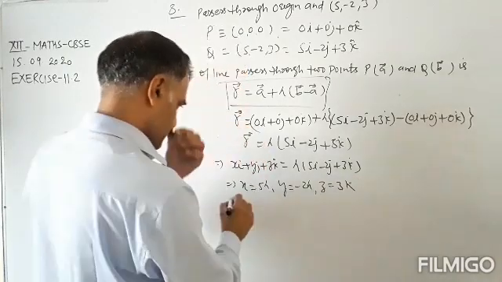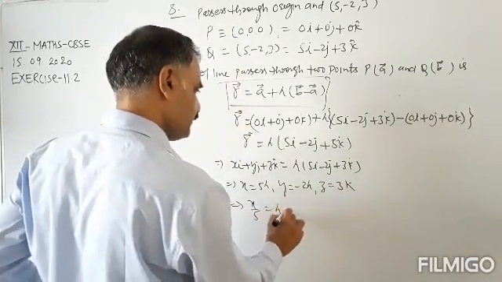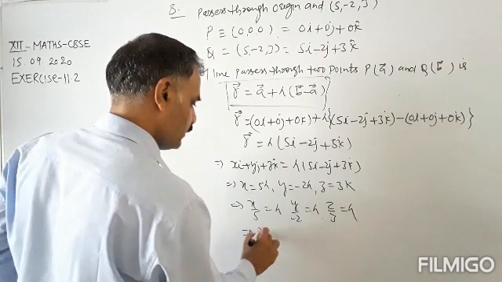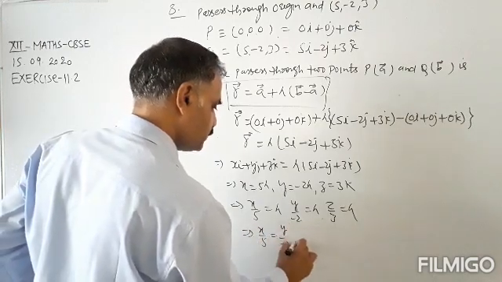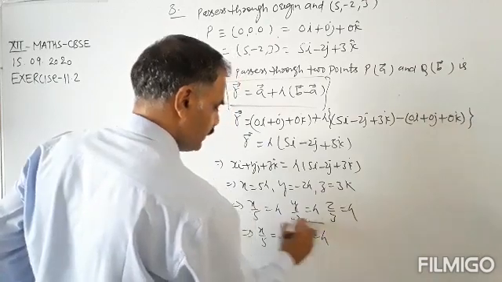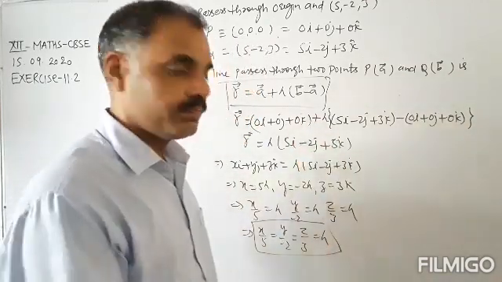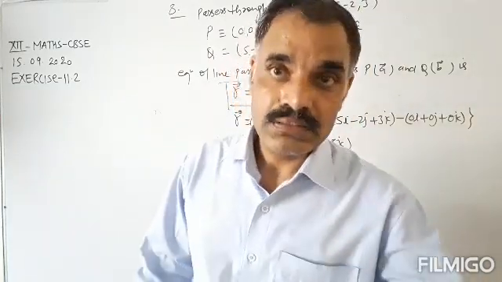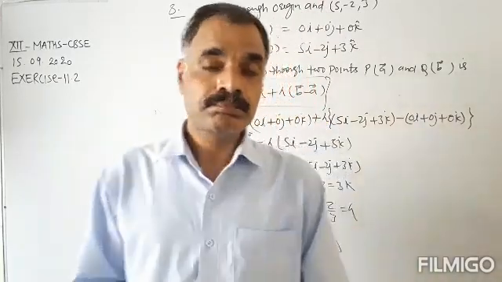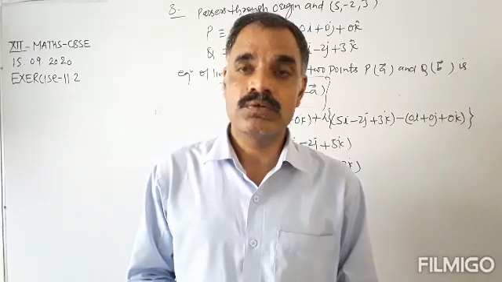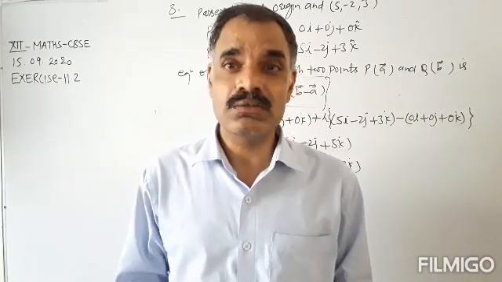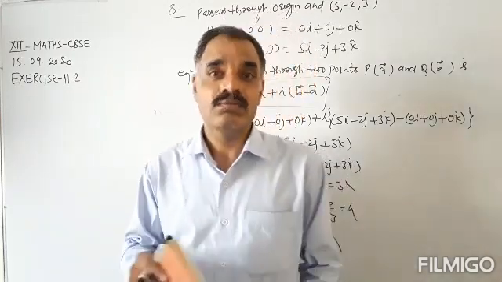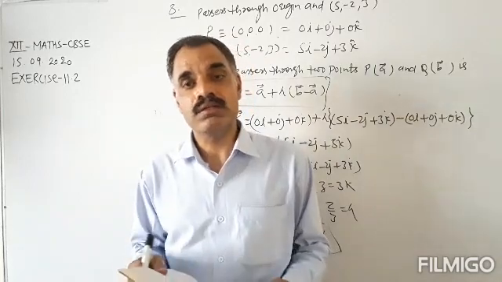So x upon 5 equals lambda, y upon minus 2 equals lambda, z upon 3 equals lambda, or x upon 5 equals y upon minus 2 equals z upon 3 equals lambda. So this is the equation of the line in vector and in Cartesian form, passing through 2 points. Not so difficult to solve the questions related to the equation of line in 3-dimensional geometry. We are solving each and every question of the exercise